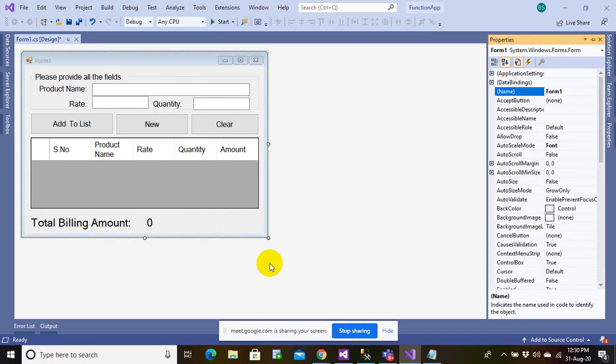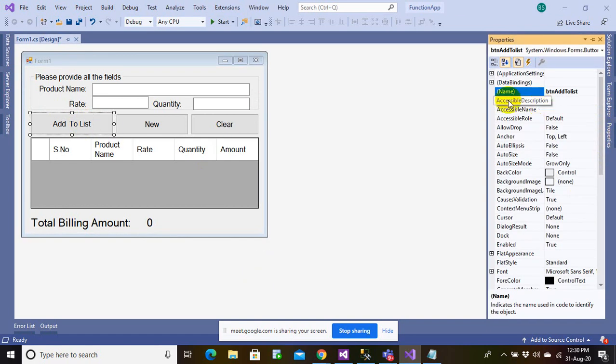So let me have some coloring and everything. So now let's say that we have a button.